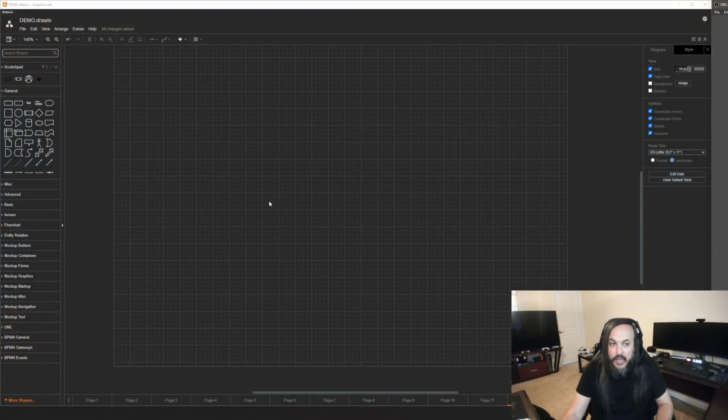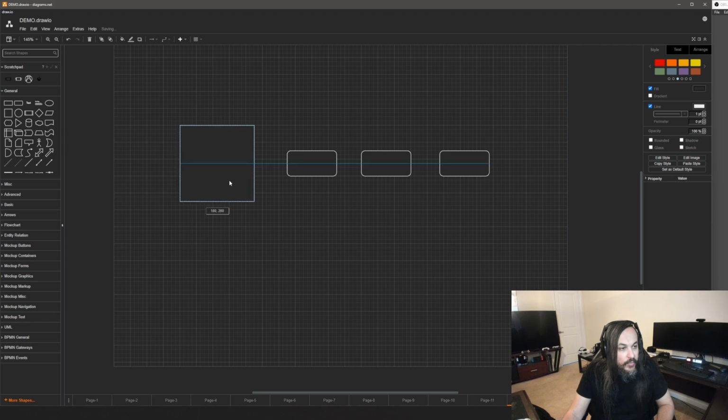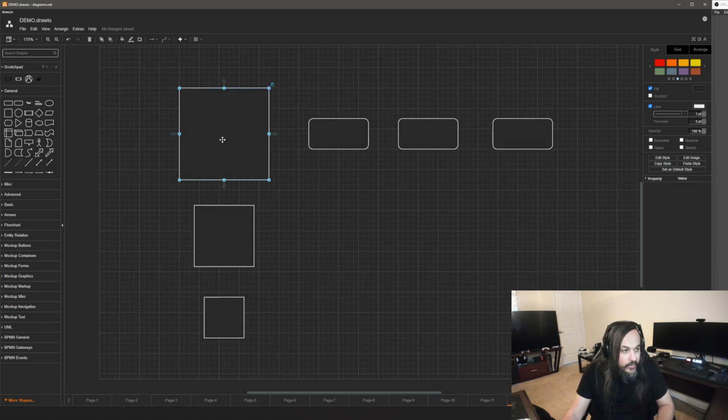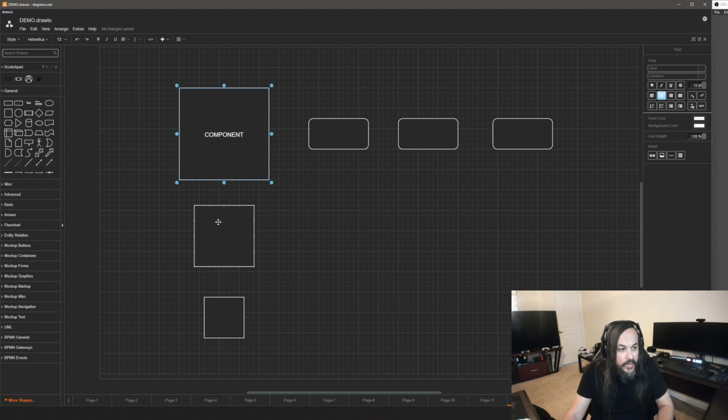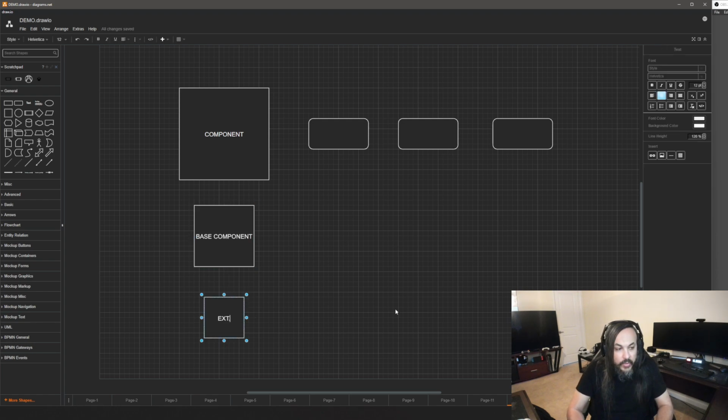Okay, here's the deal. We talked a little bit in the past about your data pipeline. So your data pipeline is maybe a view service, maybe this is a service, and this is your component, right? And your component communicates with three other things underneath. It's talking to a base component, and your base component is talking to a native or external UI component. So if this is your Blazor component, this is what we call the base component. It's the equivalent of a broker on the data pipeline. And this is the external or native